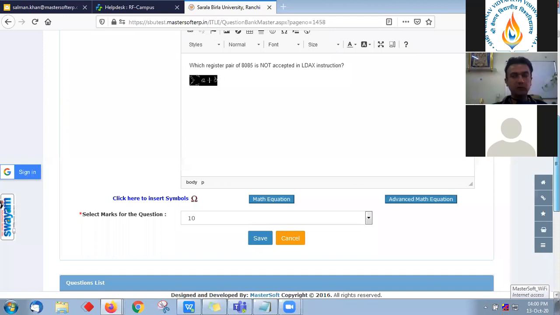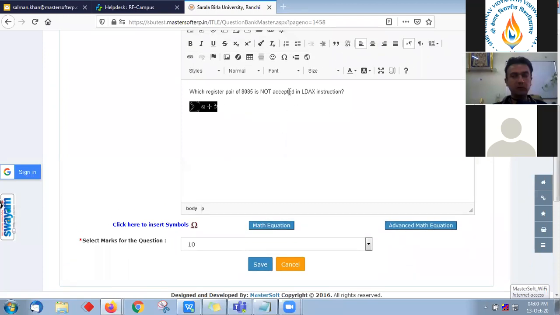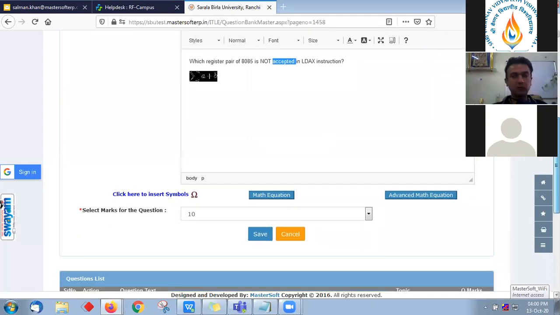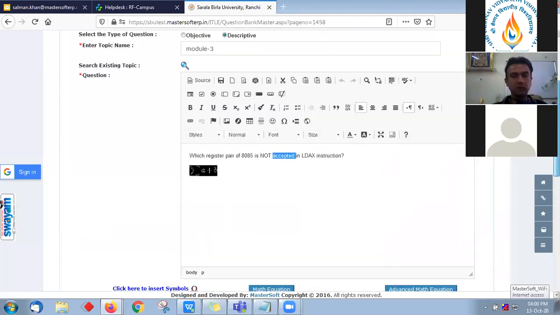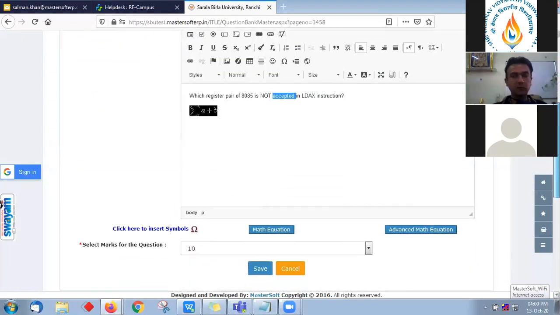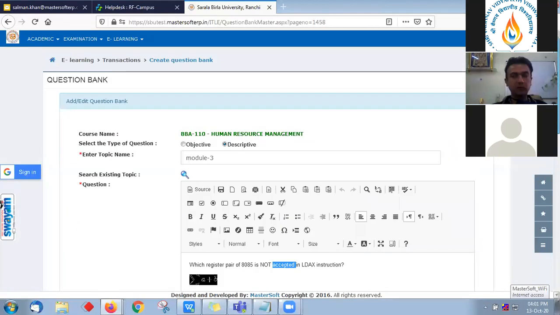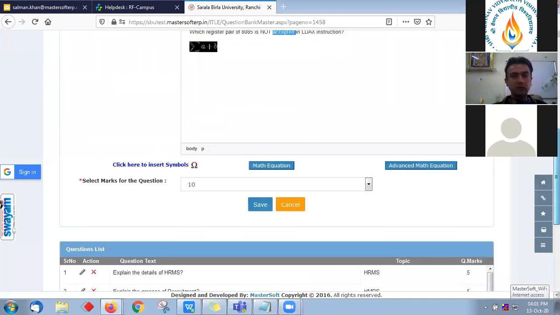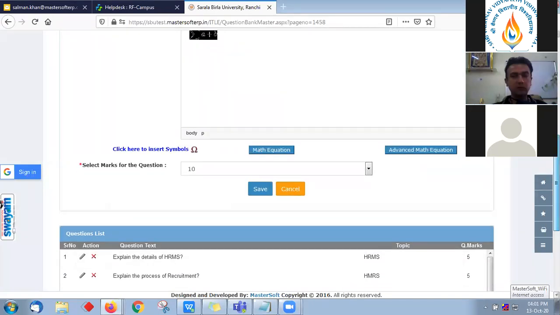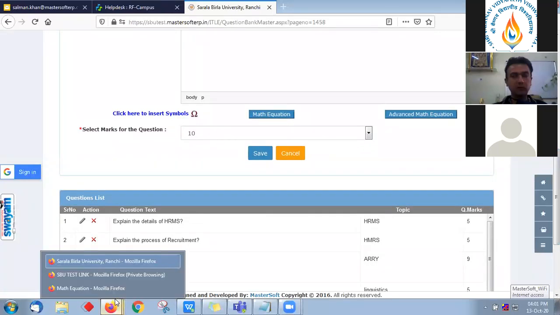So the student will type the answer against that particular question from their login for the descriptive test, or they can upload the handwritten copy in PDF format. I will explain that here. So this is the question definition pattern. Once the equation is defined, then this is the manual question.